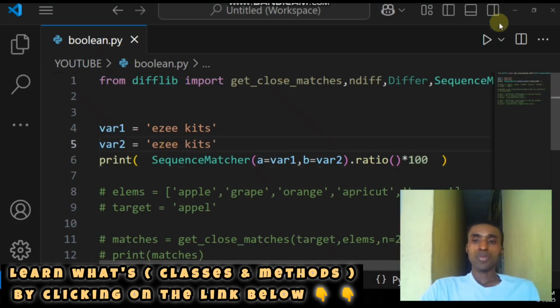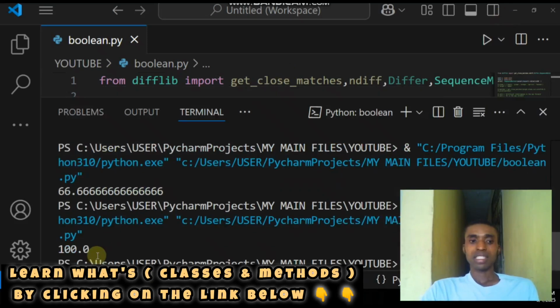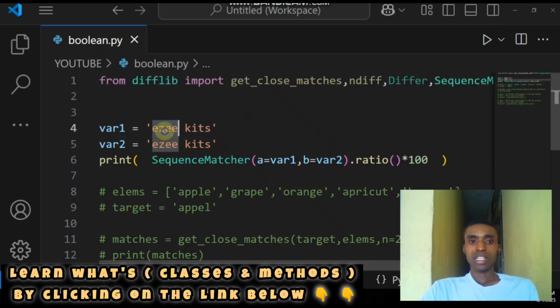So let's make here easy too. Here we'll be shortening this to be 100%. We can see we got 100%. So let me write something else. Let me write welcome to